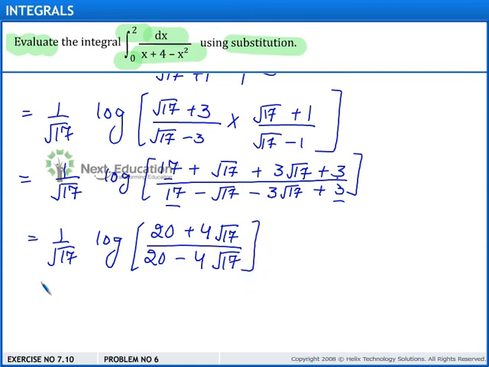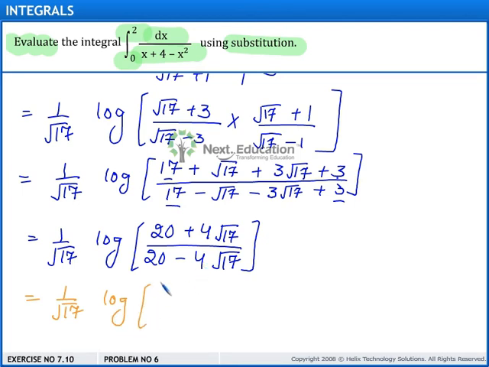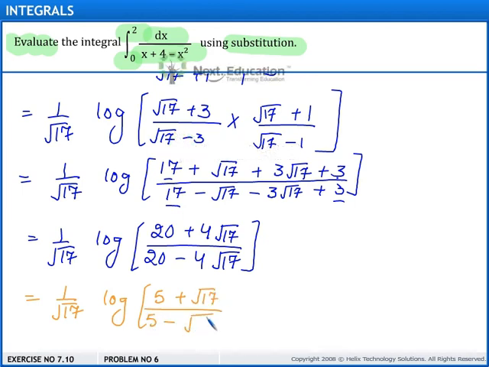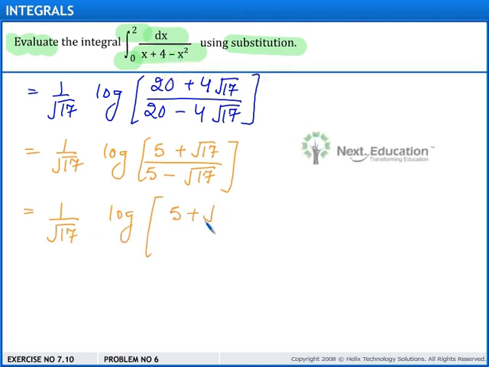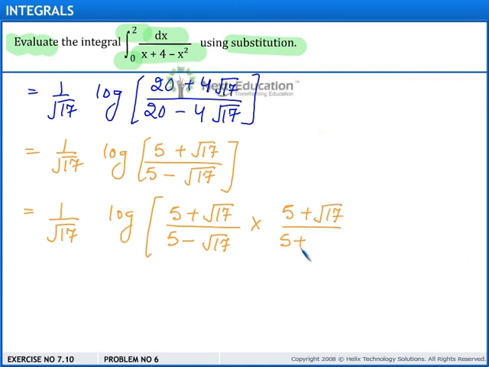Now taking 4 common from the numerator and denominator and cancelling, this gives 1 upon square root of 17 log of 5 plus square root of 17 divided by 5 minus square root of 17. Now further rationalizing the denominator, we have log of 5 plus square root of 17 divided by 5 minus square root of 17 into 5 plus square root of 17 divided by 5 plus square root of 17,